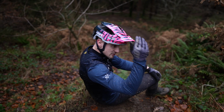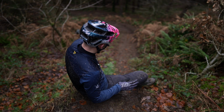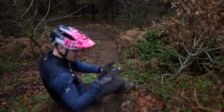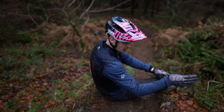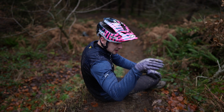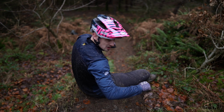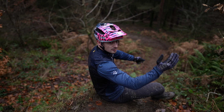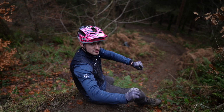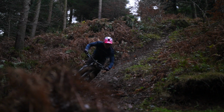All right, we want to get our wheels on the ground as soon as we can. Ideally both wheels, especially coming into a steep section like this. We want to get both wheels on the ground, and then we can gain traction, we can keep our bike pointing the right direction and guide it to where we want it to be. So when we're landing, in the middle of our bike. We don't want to be landing leant back, because then your front suspension is just going to bounce and we're not going to have any weight on that front tyre. So we need weight on the front end to give it grip,